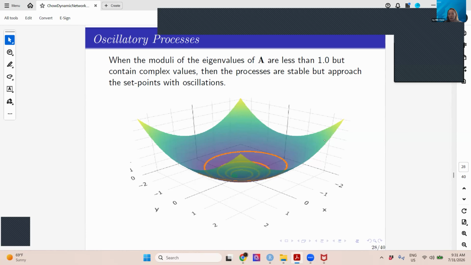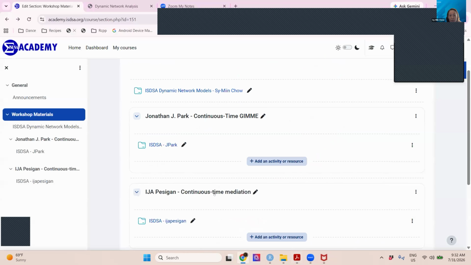before it hits the bottom, right? This is important because sometimes we may see in our drift matrix, when we fit continuous time models or discrete time models, that the coupling weights may not be in the direction that you expect. But by looking at the stability and trying to understand the eigenvalues, it helps shed light on in what ways the system regulates or moves towards equilibrium or set points, if at all, right? So whether they spiral downwards, like a ball spiraling downward, or they go straight down to the equilibrium.